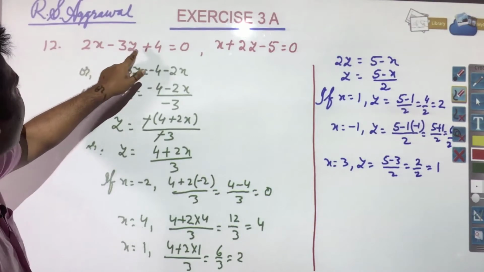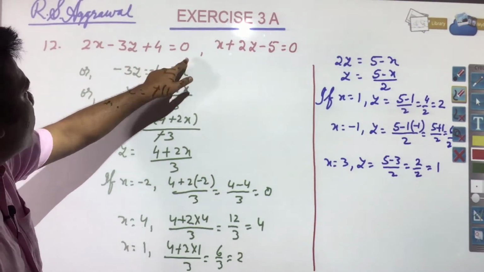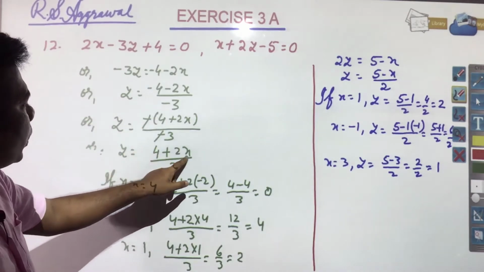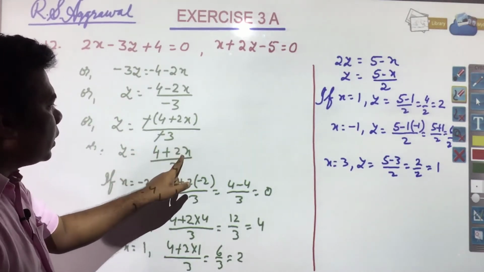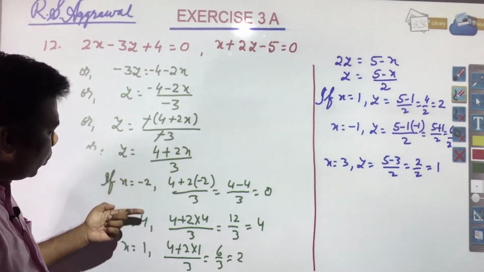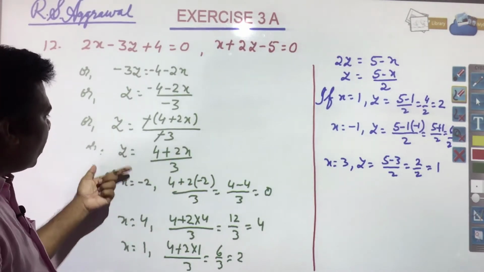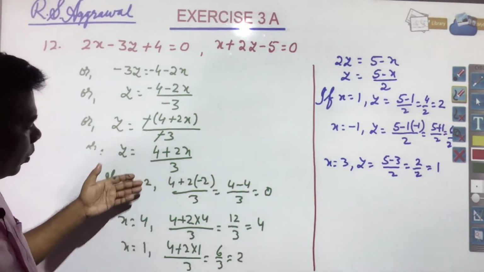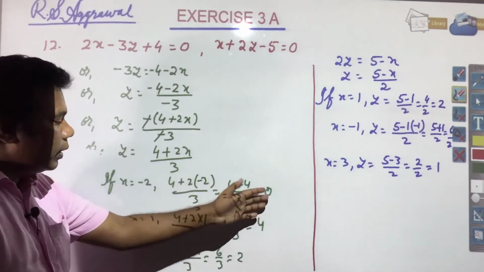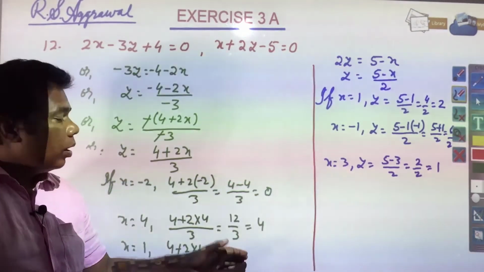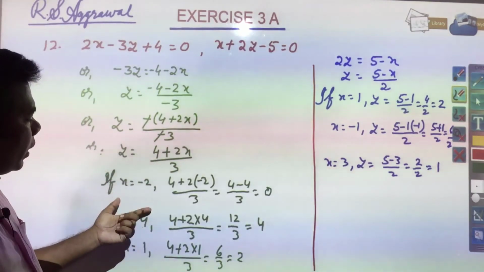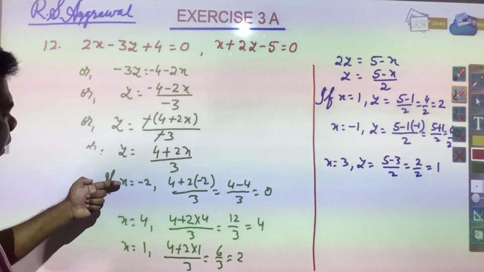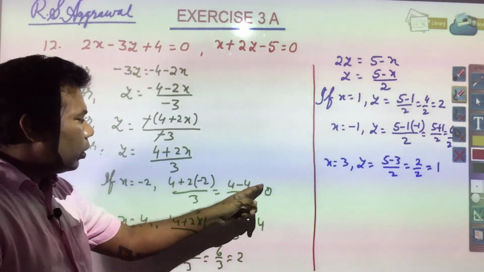Here you see, 2x minus 3y plus 4 is equal to 0. You need to find out y. y is equal to what? 4 plus 2x by 3. Now you assume x. Here we have assumed minus 2, 4 and 1, and we have found out the value of y. It is not necessary that the same numbers are required to be assumed. Any number can be put, suppose 0, minus 1, minus 2 or whatever number you feel easy to put in place of x, you assume that and you find out y.